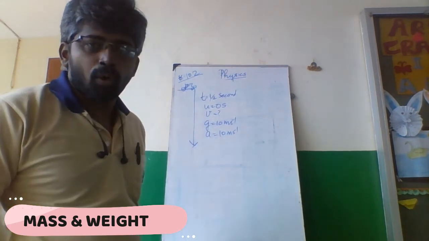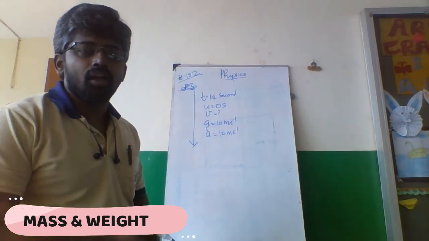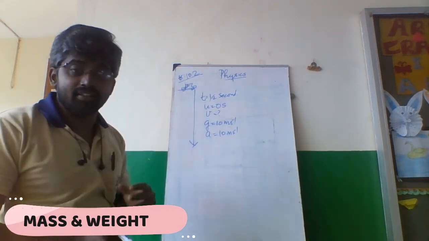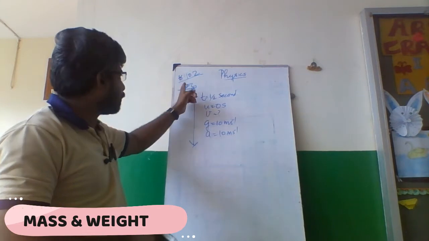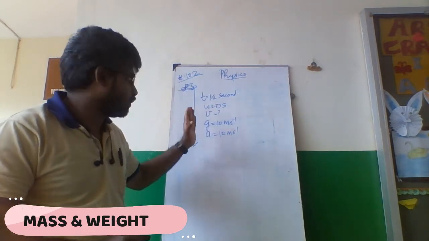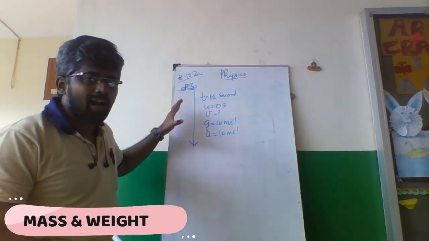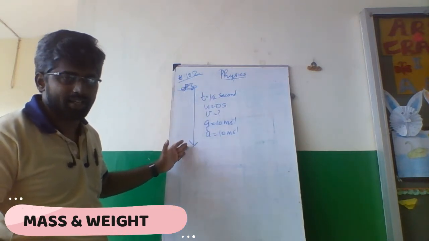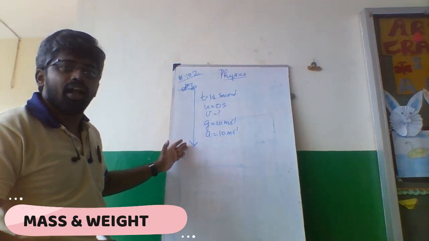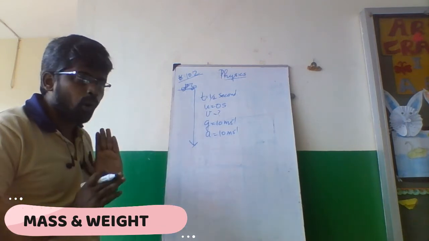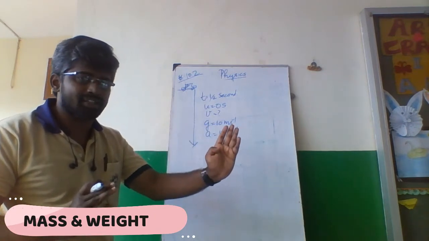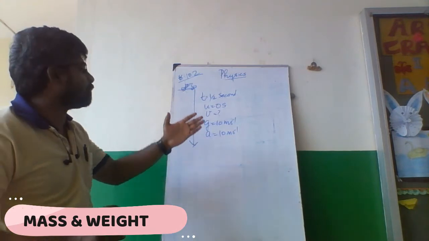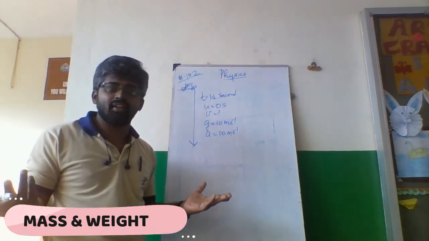Now we are going to see a problem connected to this concept. Go to page number 136, exercise 10.2. You can see this problem. I'm not going to read out the problem. A car is going to fall from a ledge at a certain height. In the first unit, motion, we saw the car moving in a horizontal direction. Now the car is going to fall down from a certain height, and we are applying the same equations of motion, nothing different in it.